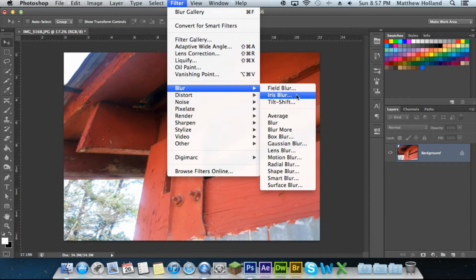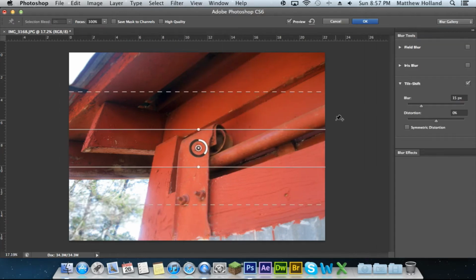I'm going to go ahead and start off at the bottom and show you the Tilt Shift Blur tool. What this will do is open up a menu kind of like this, or exactly like this. And what it does is it gives you several options of what you can do to adjust your blur. So with the Tilt Shift Blur tool, you can actually tilt and shift your blur,